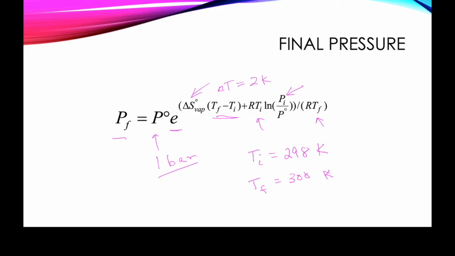And so this is what we have. You will have to look up the entropy of vaporization, or you can simply look up the entropies of the liquid and the vapor to do that calculation. You will also have to look up the vapor pressure. This is going to be the vapor pressure of water at 298. So you can certainly look that value up to do the calculation and calculate the final pressure and how much of a difference it is, and whether it is going to be significant. So we're going to leave that to you, and we'll talk about this later.